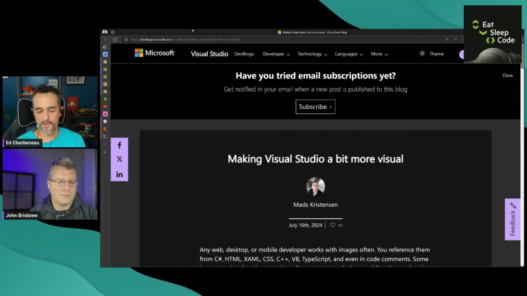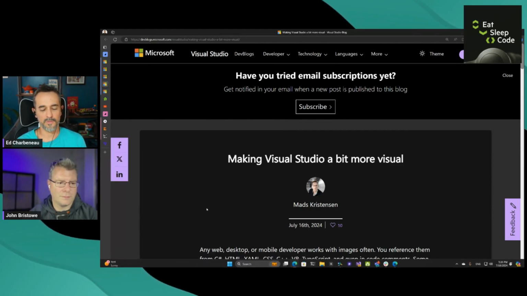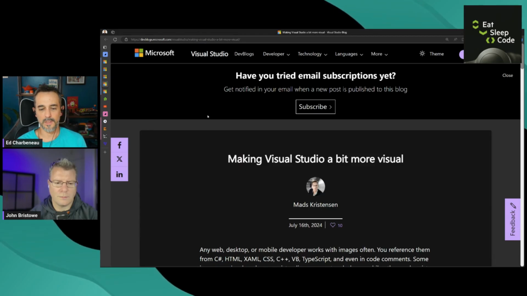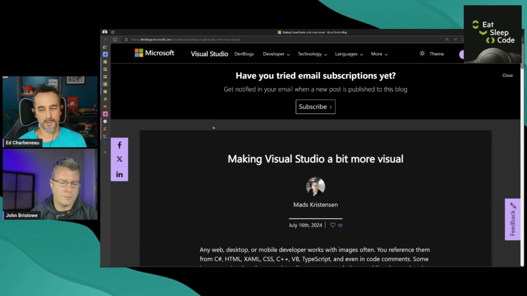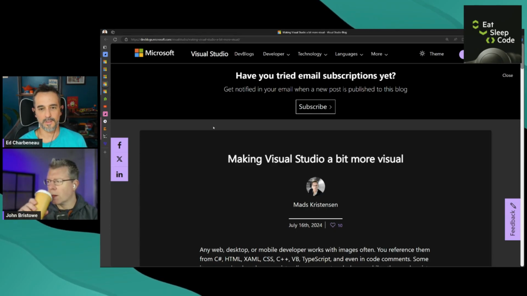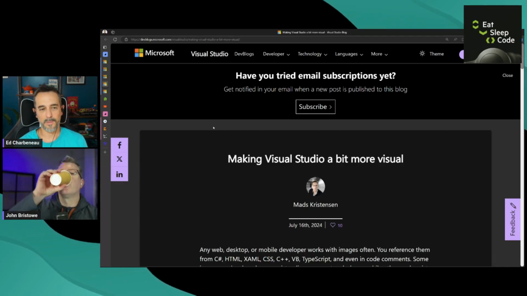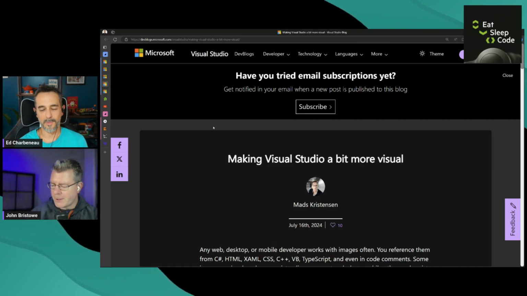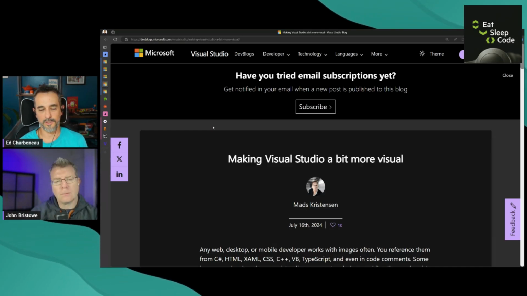I don't know if you've noticed this, or if you're using Visual Studio Preview daily. They have just barely started, and I've seen this coming for quite some time, so it's not surprising, but I think they've started to migrate some of the Visual Studio Code features into Visual Studio. Oh, that wouldn't be surprising.